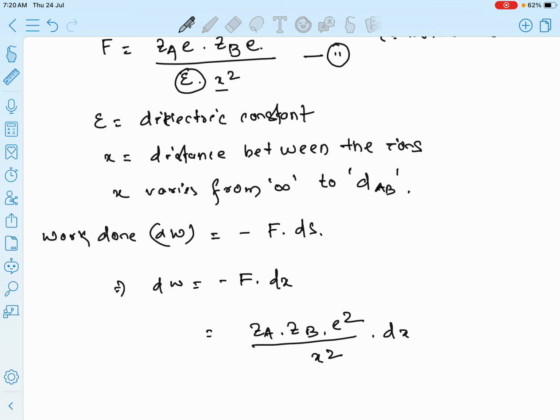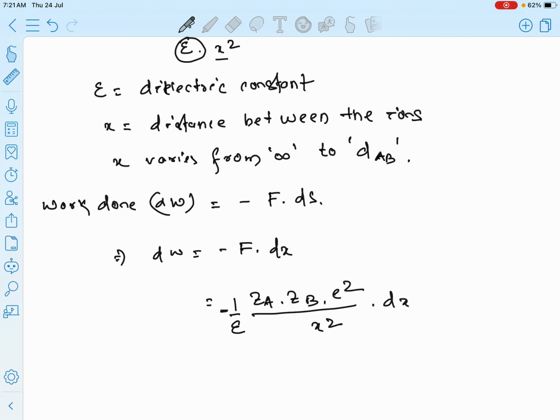Therefore the value of the dielectric constant of the solvent will remain the same, with the negative sign. Now, why is this negative sign used? Whenever we do work here, we are trying to bring the ions closer to each other, so the value of x decreases. As the value of x decreases, this is represented by the negative sign. Okay. So dw